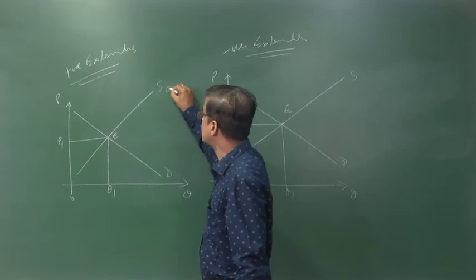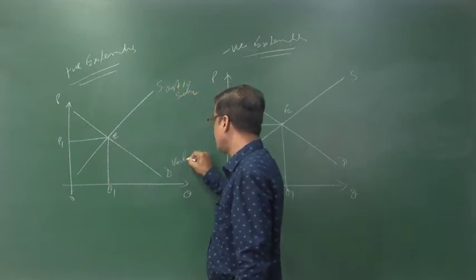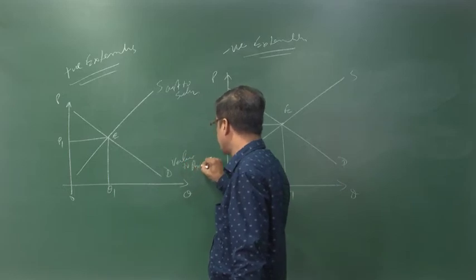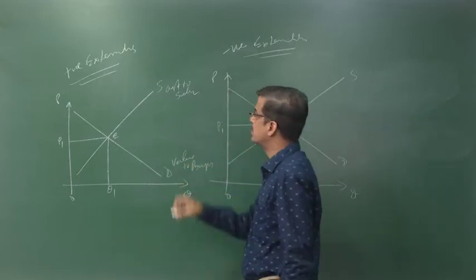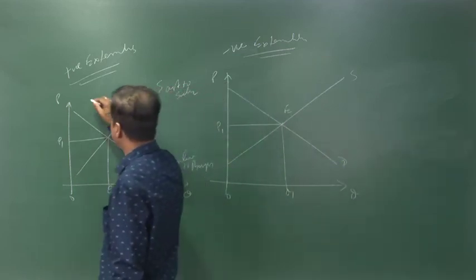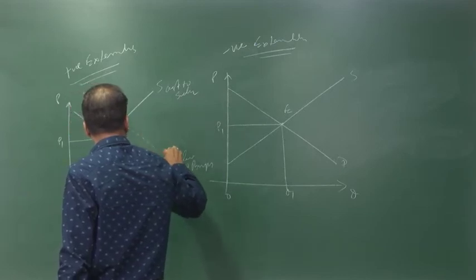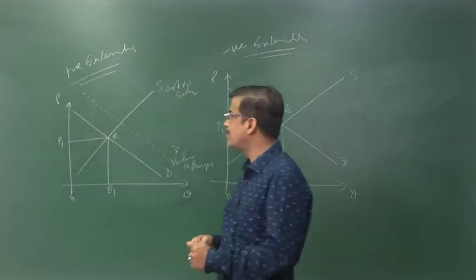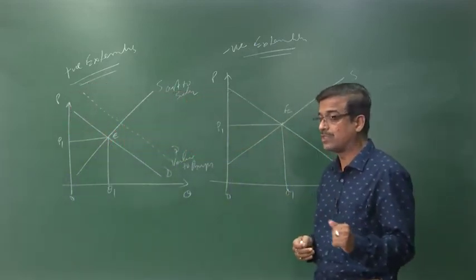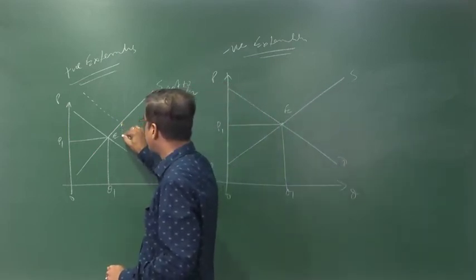This is called the cost to sellers, and is the value to buyers. Demand is nothing but the value to buyers, supply is nothing but the cost to the sellers. If there is a positive externality, definitely demand will be more. If the demand increases at a constant price, with the supply remaining constant, but the demand increases.